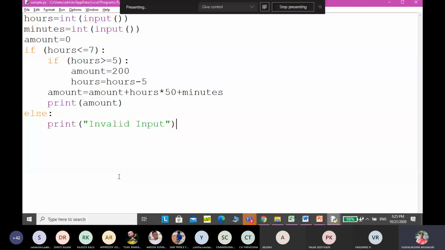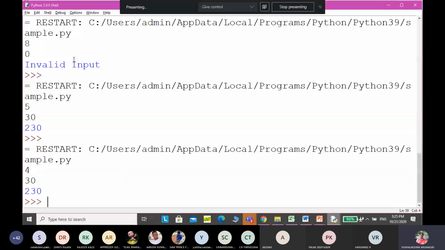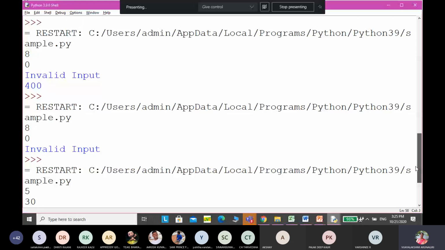I didn't think about the previous cases. I thought it was correct only, right? So why did my test case fail? I didn't think about whether the amount is calculated after this if statement. So I made a mistake. That's why my logic, which I thought was correct, failed the test cases here. So I changed my logic.